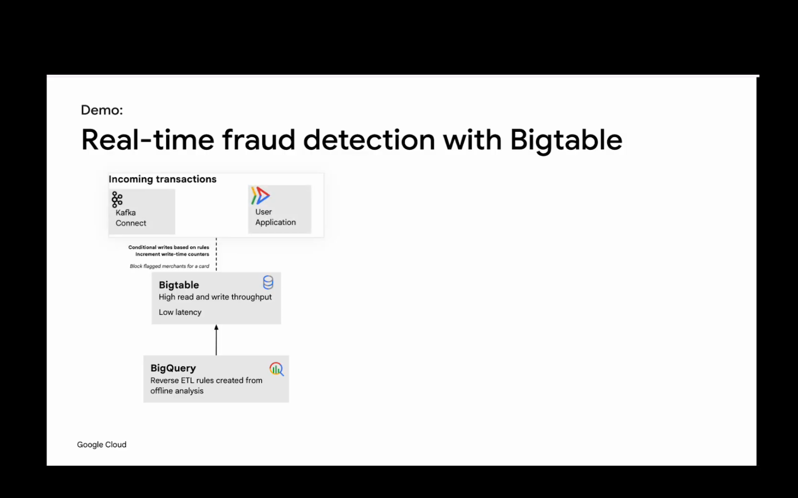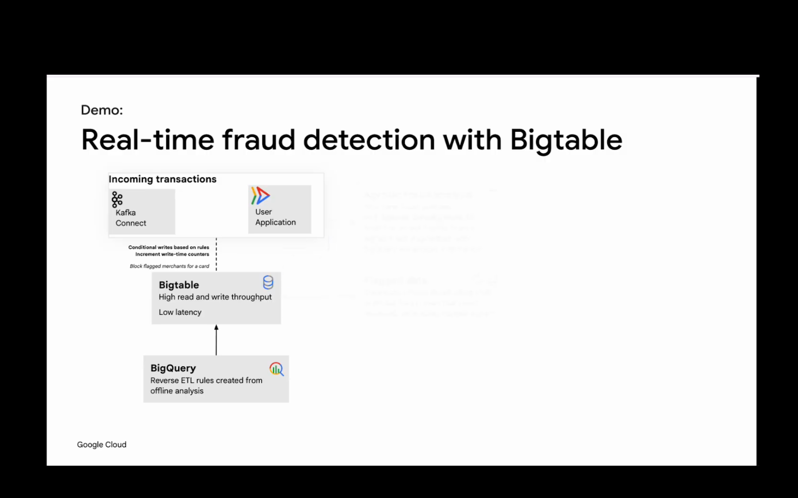We can take advantage of Bigtable's conditional writes to validate our transactional writes against that list, and we can also use aggregations on write to update specialized counter data types, and that's going to help us track how many transactions and how many blocked transactions occurred in the last hour for each credit card. That way we'll have an easy variable to use to identify a high volume of transactions that might be indicating